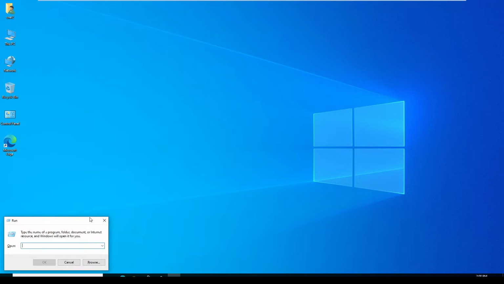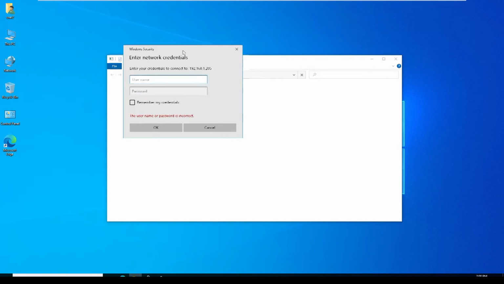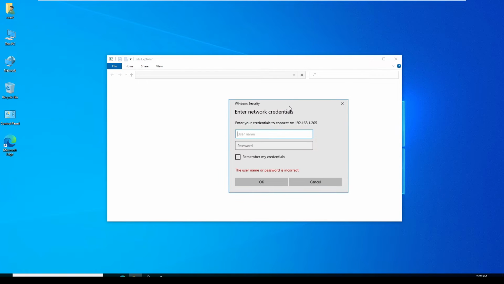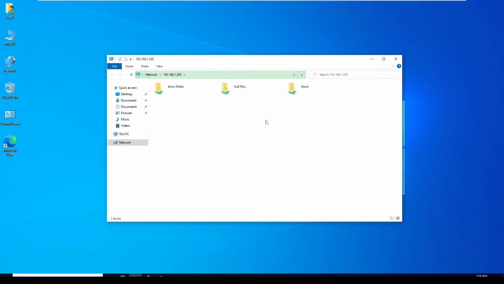So I'm going to type // 192.168.1.205, then OK. Here when you enter the IP address, enter your credentials to connect to the computer's sharing folders. So I'm going to enter the administrator and type the password we have created, then remember checkbox, and when you enter the credentials you will get the